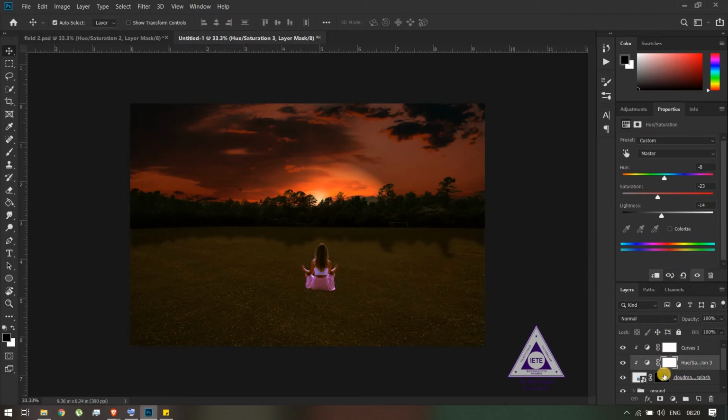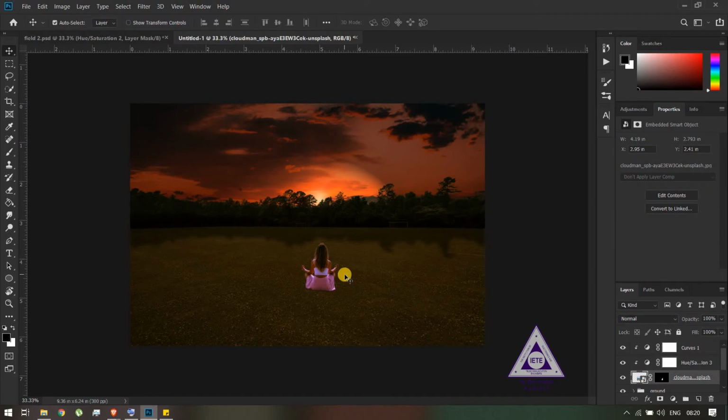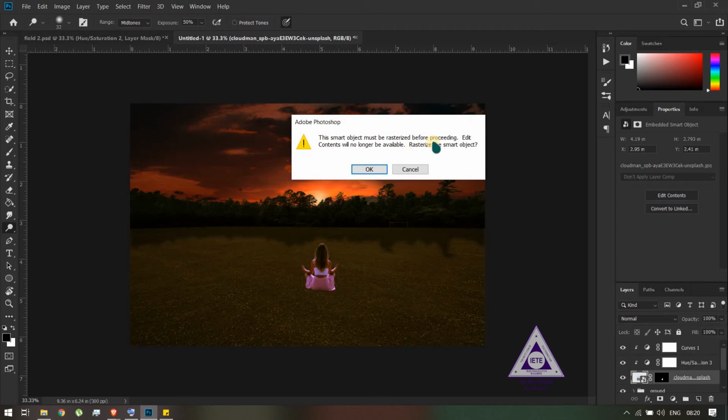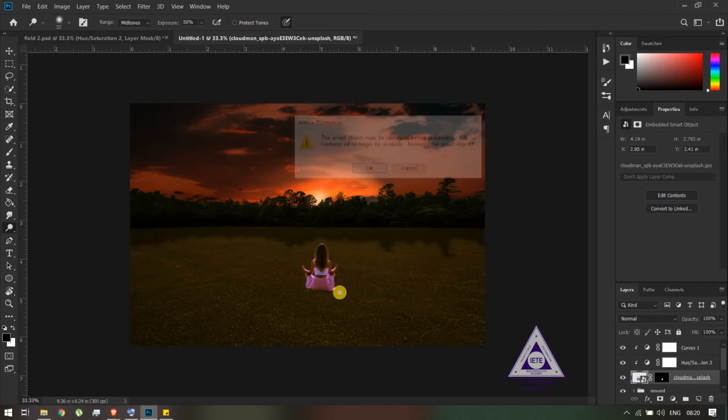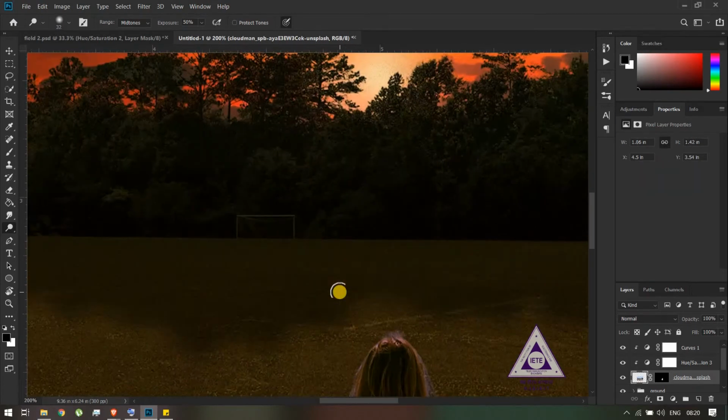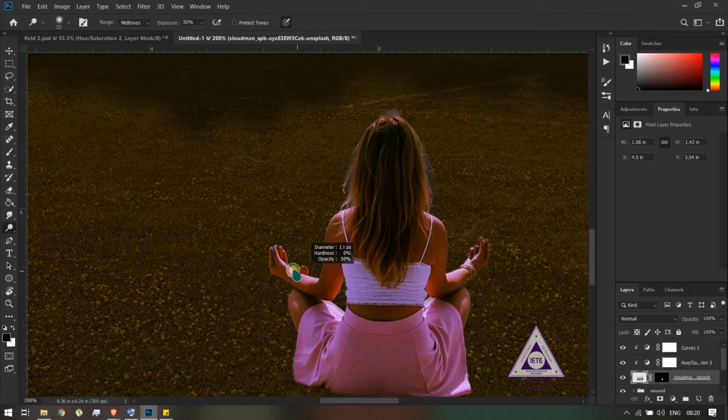And yeah, to make it look like the sun is actually shining, you can also use the dodge tool right here. The dodge tool makes the brighter areas much brighter, but before doing that, you need to convert the smart object into a rasterized layer. So I just click OK. I can just make the brighter areas a little bit brighter. You can increase and decrease the exposure as well to adjust how bright you want the areas to become. And you can select which areas you want to apply the dodge tool to.